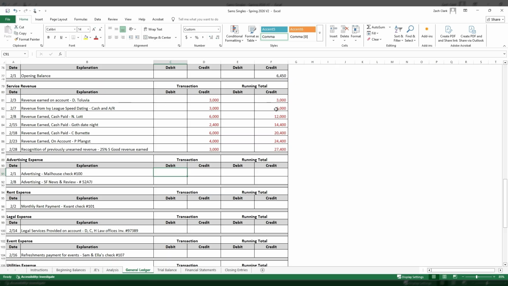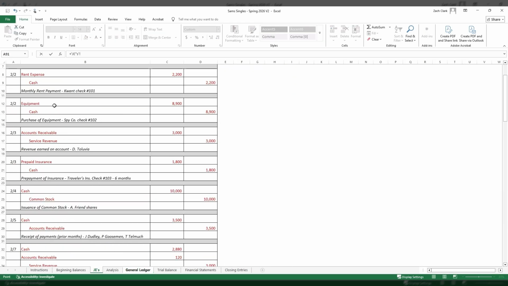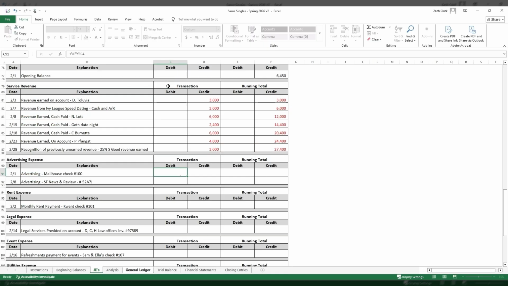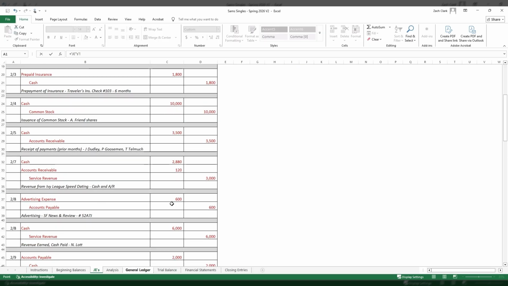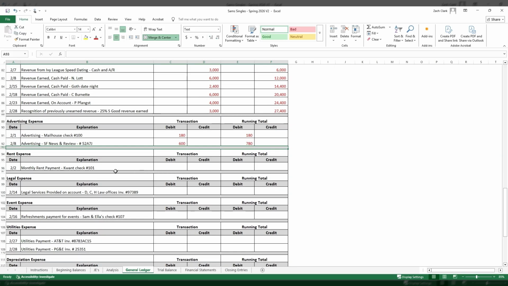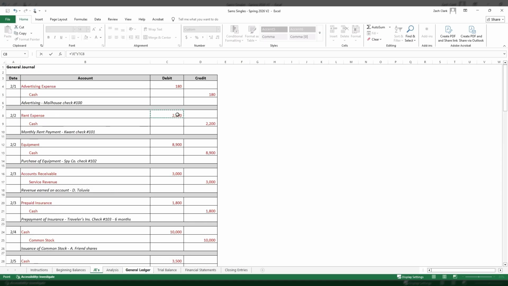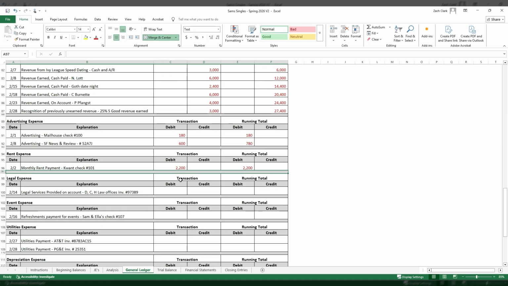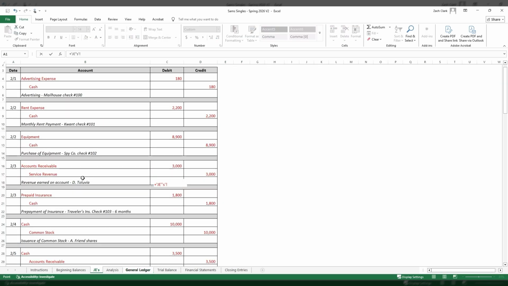Okay, let's look at expenses. So remember, revenues are increases on the credit side. Expenses are increases on the debit side now. So we're going to go to advertising expense first. So first we had 180, and then on the 8th we had another expense for advertising of 600. So we'll just add those together in the running total to get 780. Okay, rent expense, we just had one instance there, 2,200. Carry that over. Legal expense,